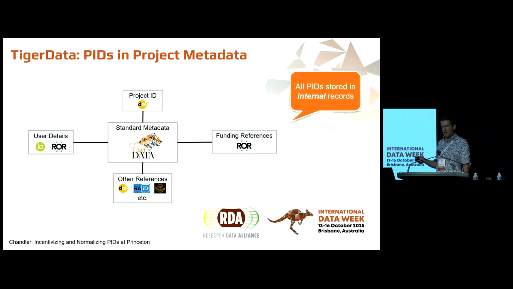At the moment, Princeton are only allowing their own internal researchers to use the system, so there's not really a need for the ORCID yet in terms of the people, but that is going to be a change that is forthcoming, and they will enable external collaborators to work on projects as well.